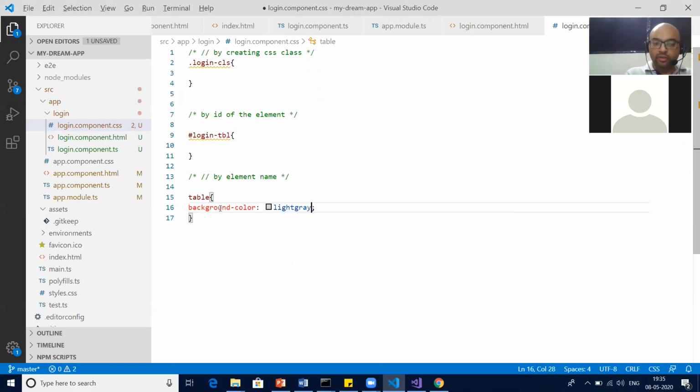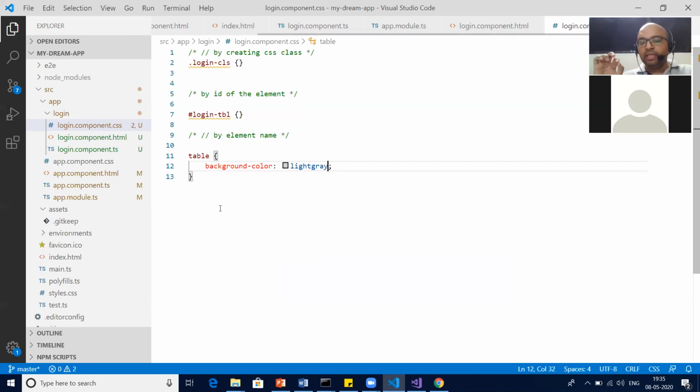Then do remember, all the tables in the entire DOM, in whichever component the table has been called, will have a background of light gray. Okay, so this is very dangerous. When you are sure that you're talking about a common or generic style overall for the entire page, entire application, then only you do all these things, correct?